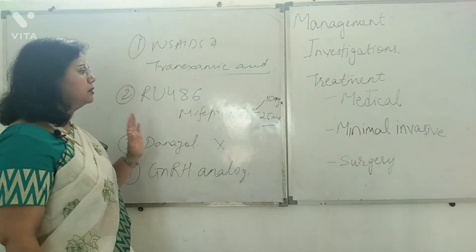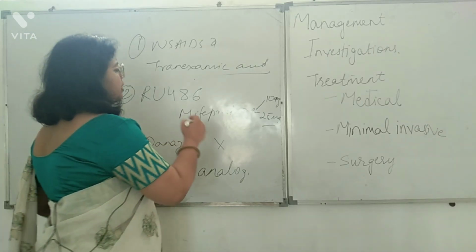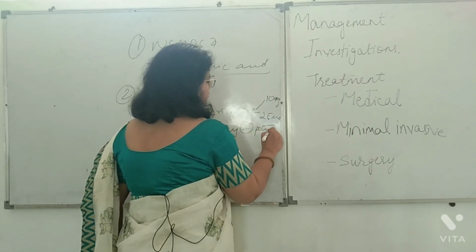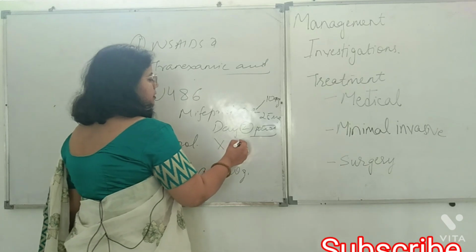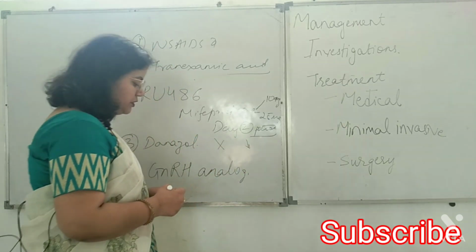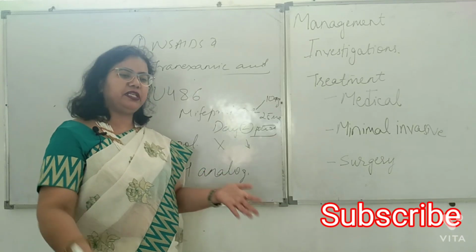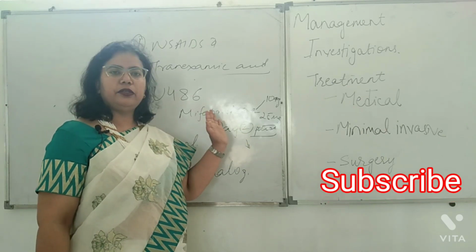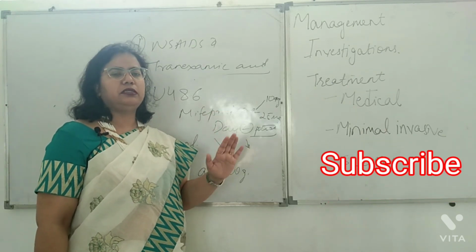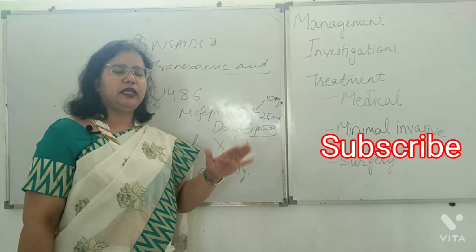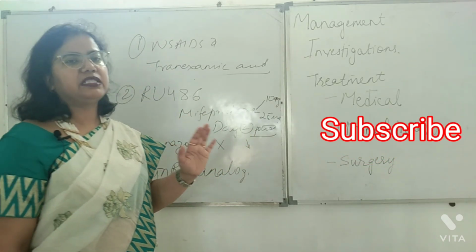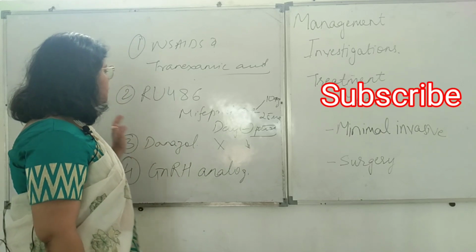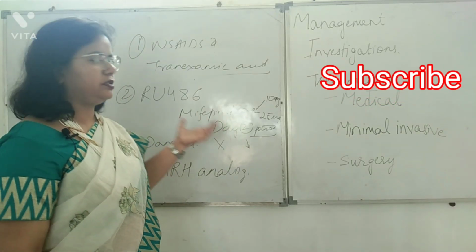So these are the conditions. You start mifepristone specially on day 2 of period, and you have to tell her before initiation of the treatment, otherwise she will get annoyed with you that my periods have stopped. You have to tell her that mifepristone will be continued daily for almost 3 to 6 months. Initially 3 months, then we will review, and if you are getting relief, then we can continue for a maximum of 6 months. So she will experience amenorrhea. It is an anti-progesterone.